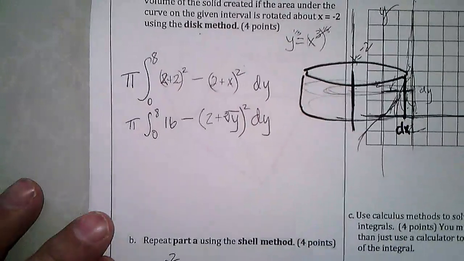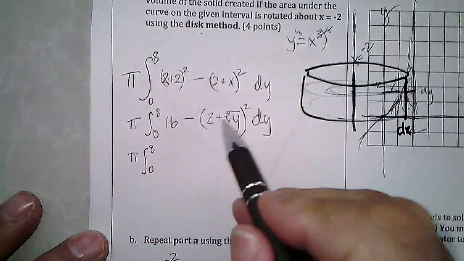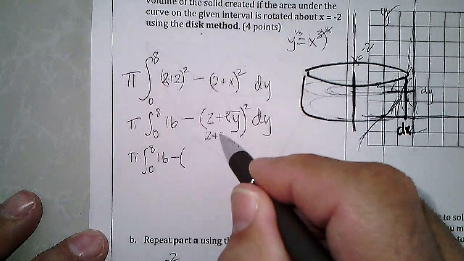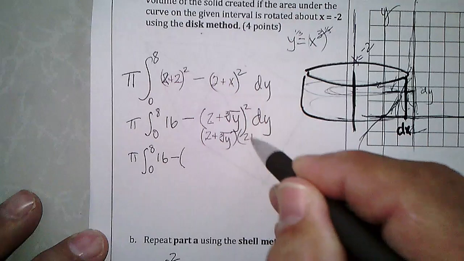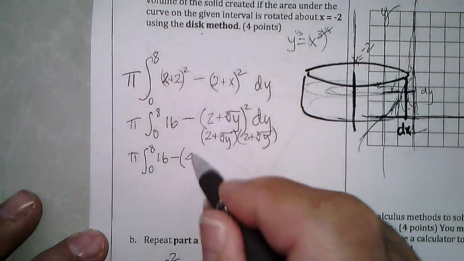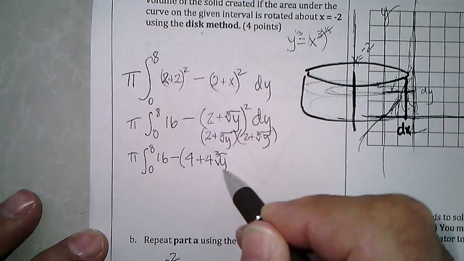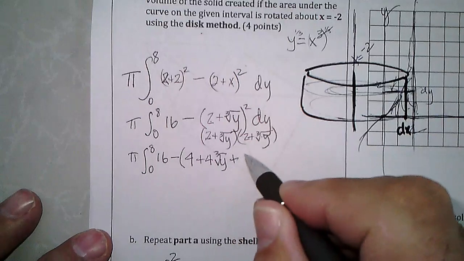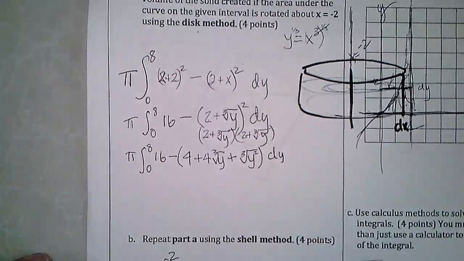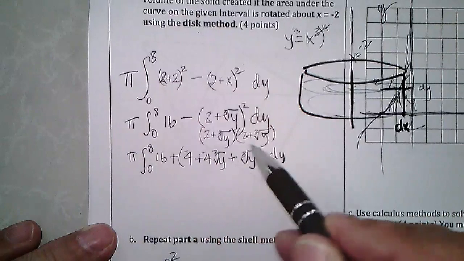Let's see if I get the same thing from this one. So I have pi integral from 0 to 8 of 16 minus, if I have to square this quantity, I would have 2 times 2, which is 4, plus 2 cube roots of y, plus 2 cube roots of y, plus 4 cube roots of y, plus cube root times a cube root is cube root of y squared, or y to the 2/3 power dy. And then if I distribute this minus,